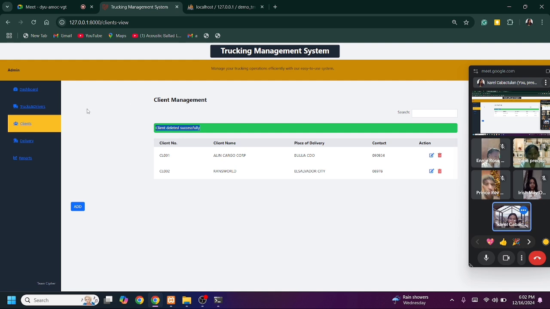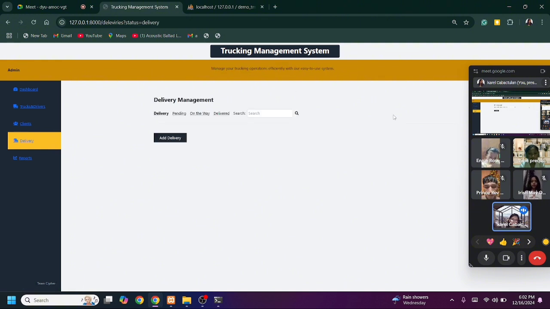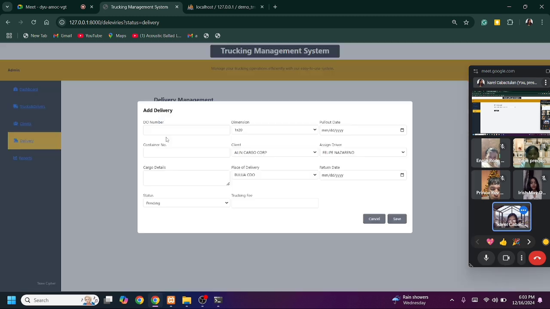Now let's move on to the delivery interface. So this would be the final interface on our delivery. We have here four tabs: delivery tab, pending tab, on the way tab, and delivered tab. The first functionality here is that we can add a delivery. If you click the add delivery button, it will reflect here the following data being included